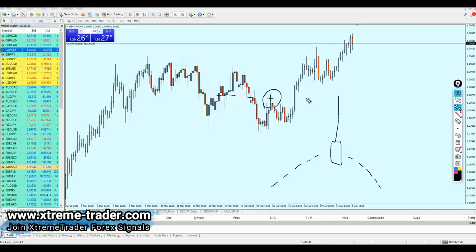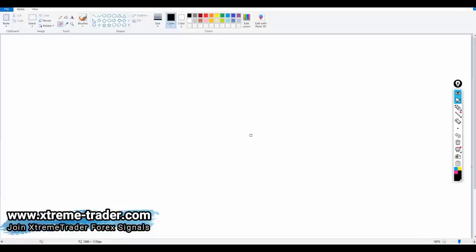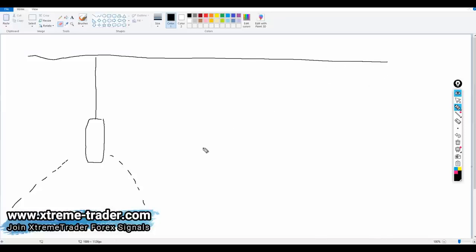Because if the market is actually going to continue, you know something, this is not good here. Let me draw it here. It's going to be better, I think. Yes, better. So what I was saying is, we have to find here, for example, a peak of the resistance which looks like that exactly, just like a candle with a long wick at its top, and then the market has reversed. Now what you need to do is mark this line right here. Mark your resistance line like that, and just wait for the market to fall down, to break out from that previous resistance, and then revisit the same peak level, the same level of the peak of the resistance.